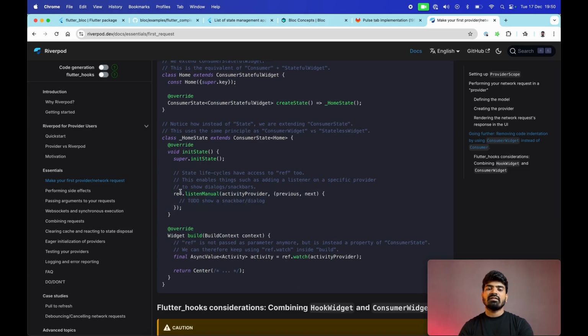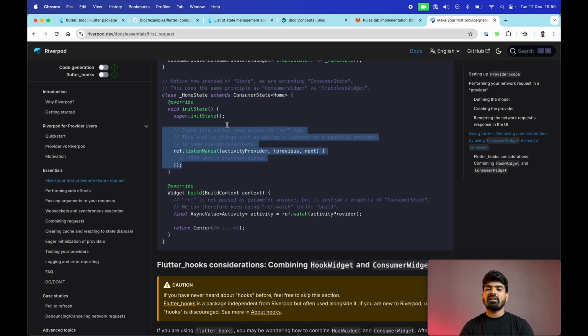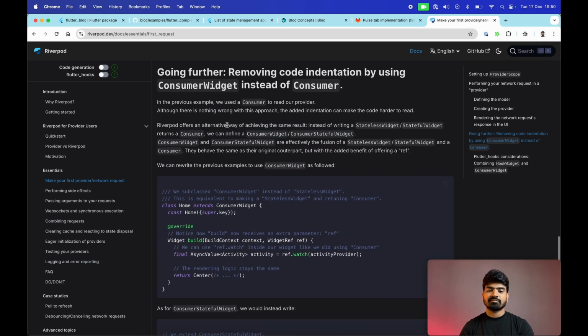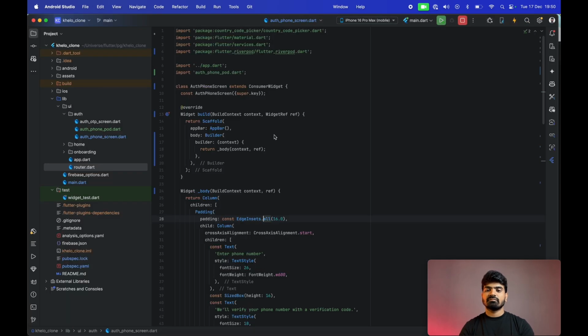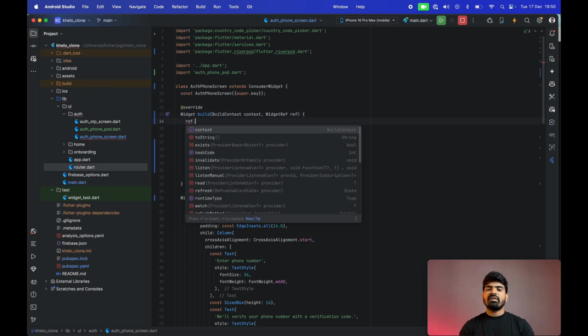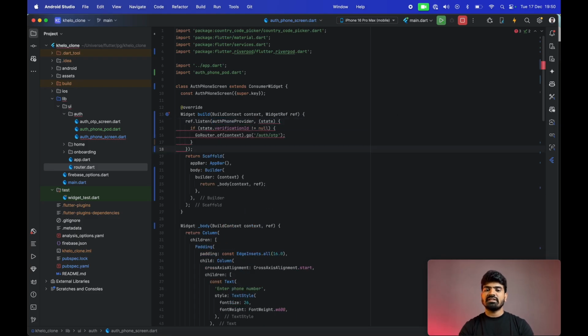Okay, and that's what we'll need to use. And let's do that. So now we can have here ref.listen. In the provider, we'll need to provide the auth provider,